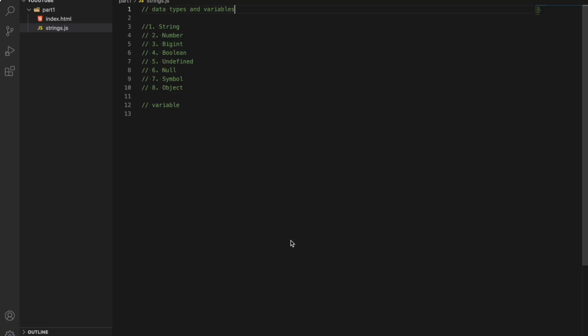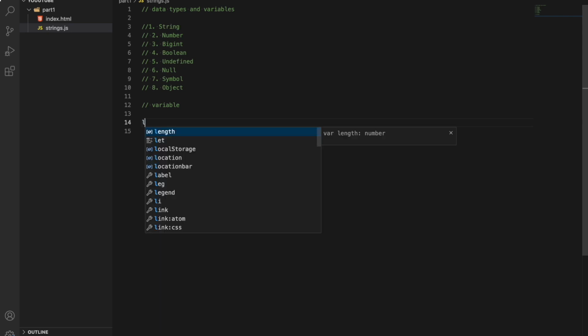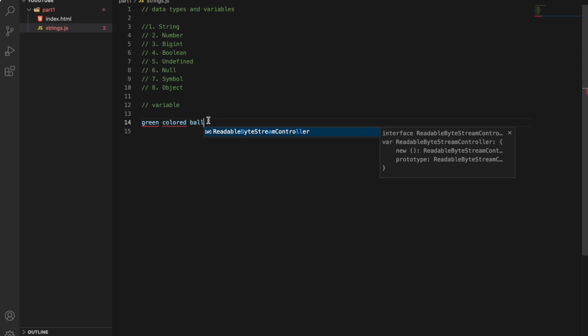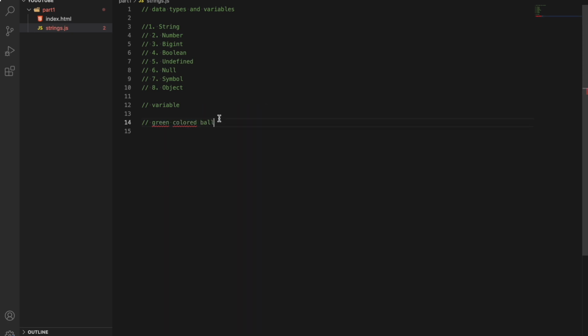So let us discuss the data types and variables in JavaScript. We have basically these 8 types of data types, and in this video we are going to just cover string. But before that, let us have a look at what variables are. First let me explain variables to you with a real world example. Let's say you have a green colored ball with which you just play day and night. One day your cousin comes to your house and now you need to hide that ball somewhere because he will steal your ball otherwise. So what you do is you hide that ball